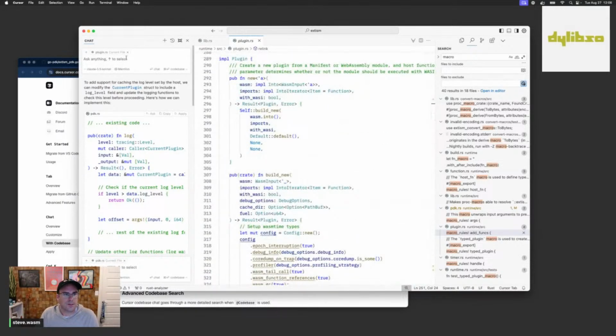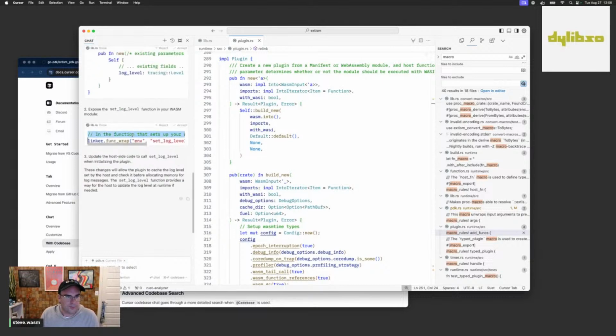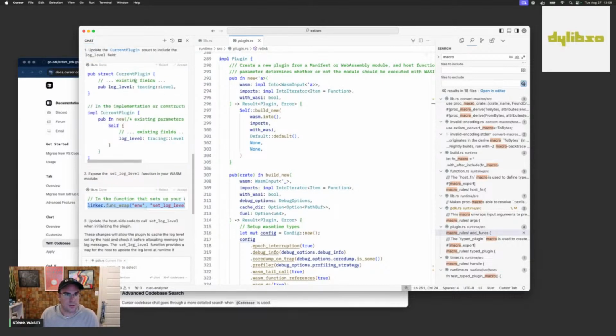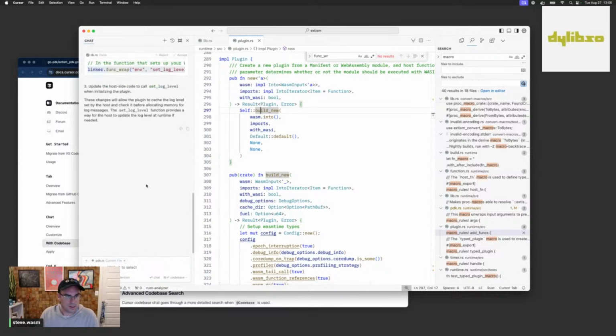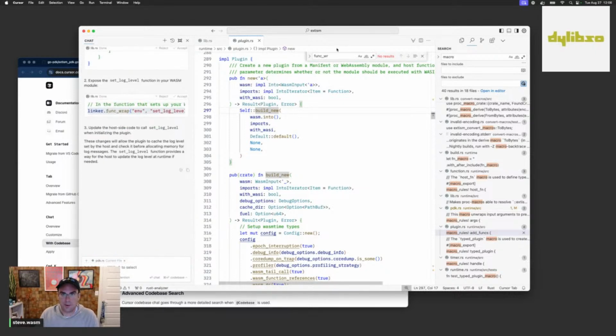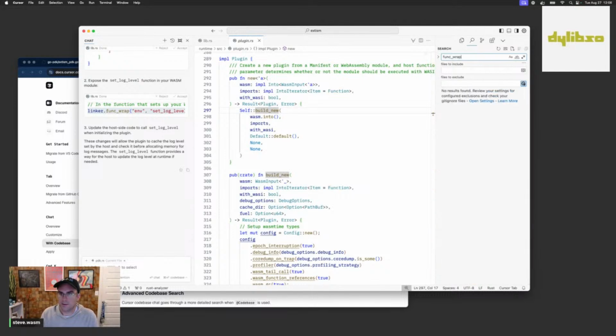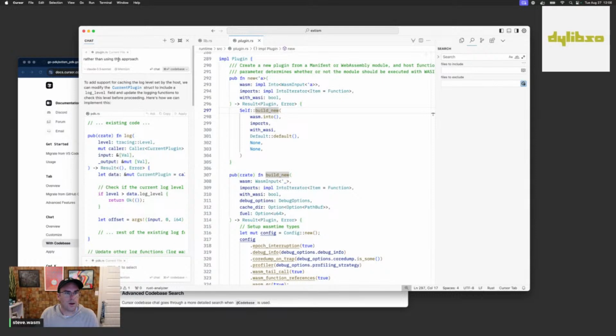All right, let's just see. I'm going to try to get it to fix what it thinks I should do here, rather than using this approach. Let's first just see. So I don't think we use this func wrap directly. Using this approach, as you suggested,